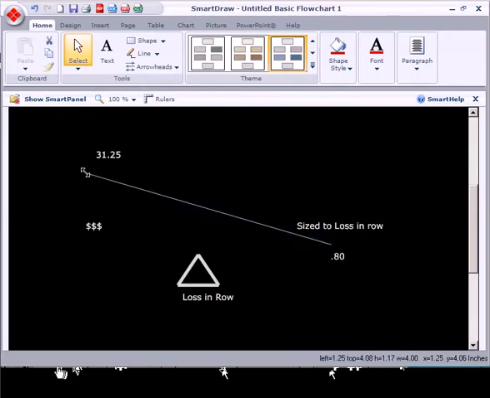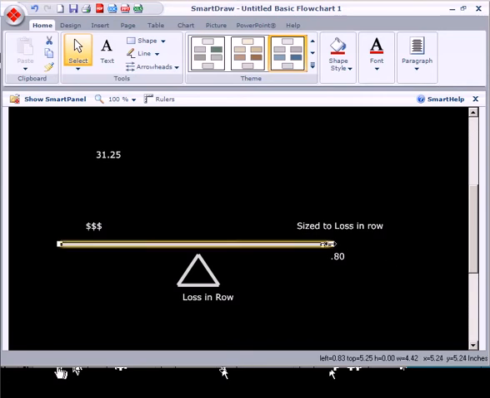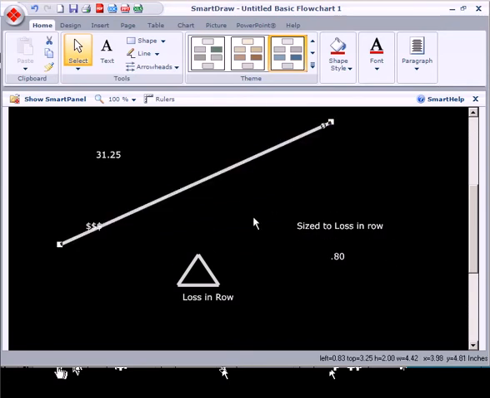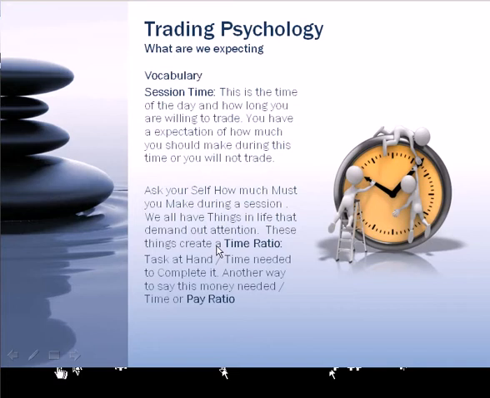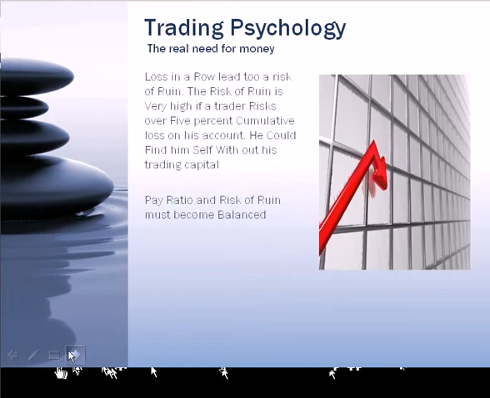But if I go the other route, I only make 80 cents and I'm in trouble now because I'll quit trading. I don't make enough. I'm really pickled because I can't make 80 cents and work. That's not going to work either. So this is the first thing we can do. We can say, I need to balance my account size to some of this. Let's go to the next slide.